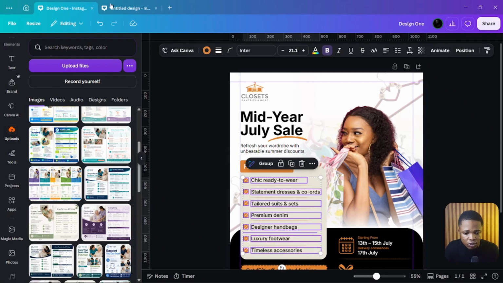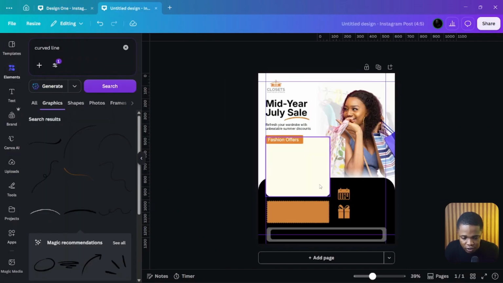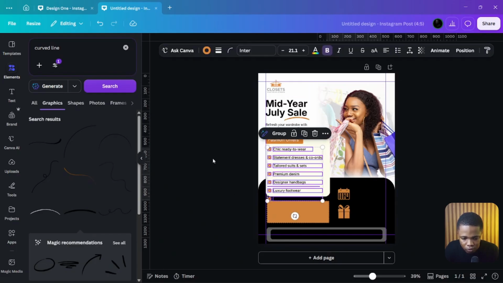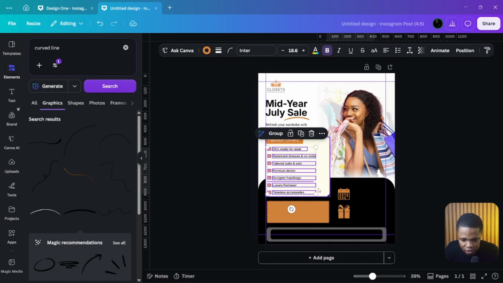Control C, Control V. Alright, so since we're going to scale it down a little,